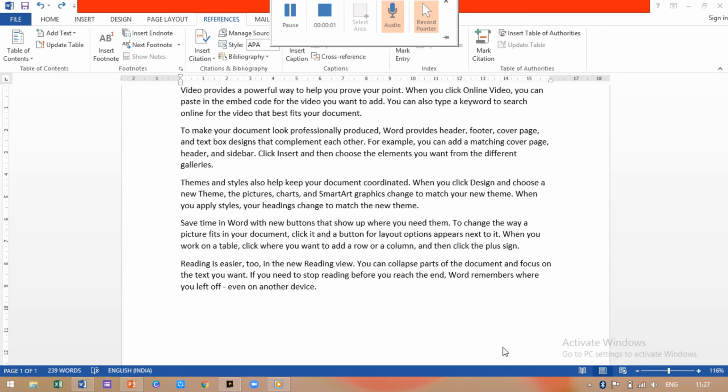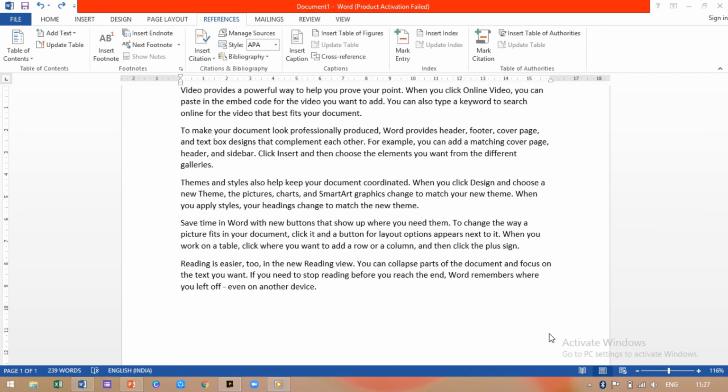So students, now we'll see how to insert a footnote and an endnote in your Word document. Now students, please don't get confused between header and footer and footnote and endnote. Okay, so now we'll see the footnote and the endnote. For that you need to go towards the References tab, and here you have an option of Footnotes. Now here you have Insert Footnote and Insert Endnote.